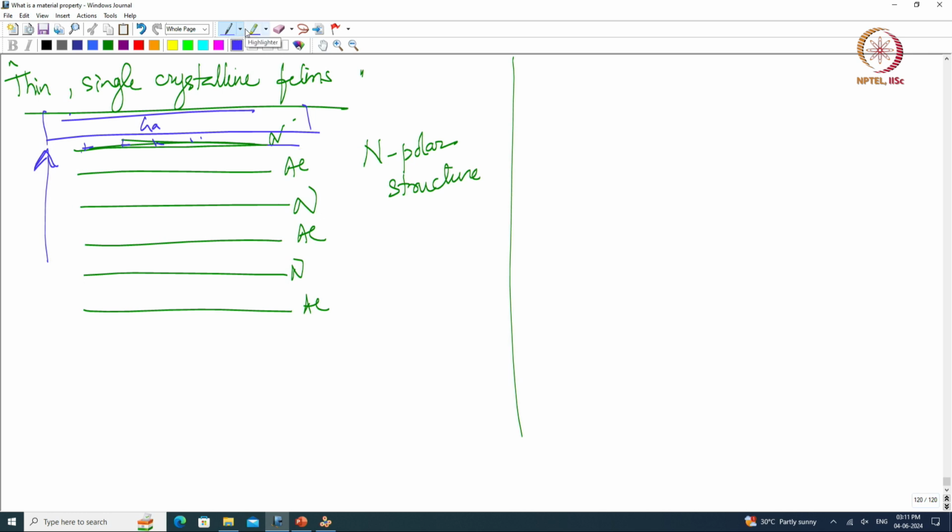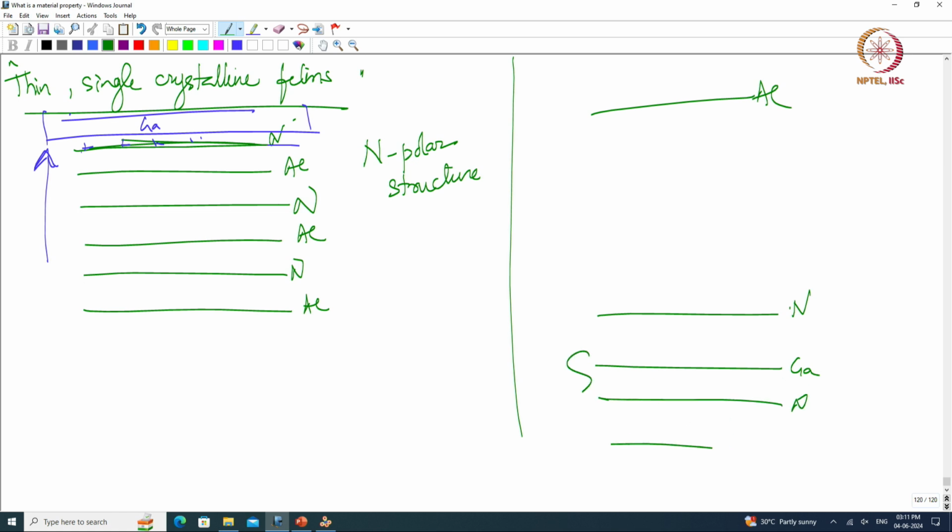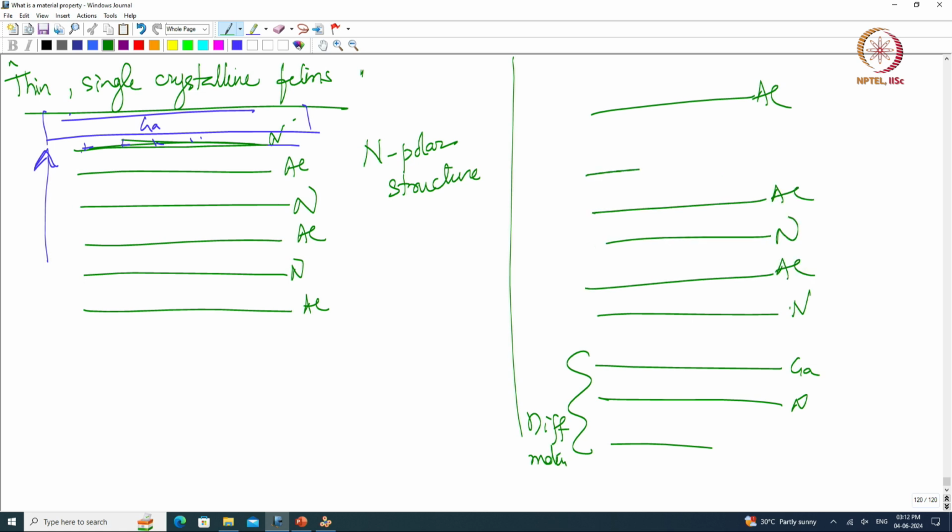But if I grow it in such a way that I end with aluminum, not nitrogen, let me again draw it in green. So this is nitrogen, but again there is some gallium or something here, nitrogen and so on. So this is a different material, whereas this is nitrogen, this is aluminum, this is nitrogen, this is aluminum, this is nitrogen, this is aluminum. So, if it is aluminum polar,